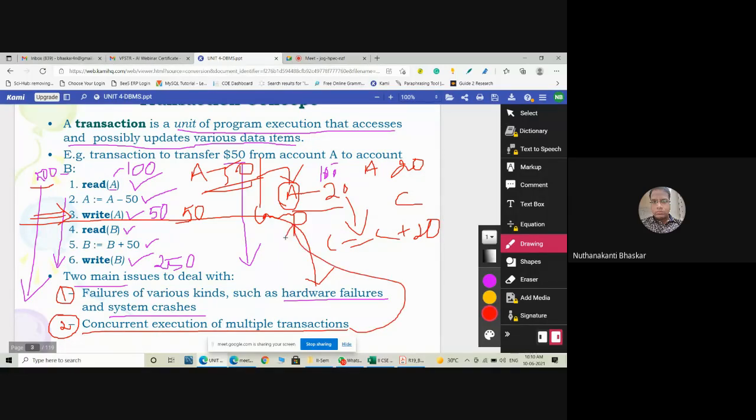These are the two problems. Here there is a chance for transaction failure. To avoid these two problems, we have a lot of mechanisms in a database management system for the implementation of the transaction management system. Clear this? Here, what are the techniques? How are we going to apply them? What are the algorithms? We will discuss them one by one. Don't worry. But exactly what we are going to discuss in this unit, I am telling. Clear?